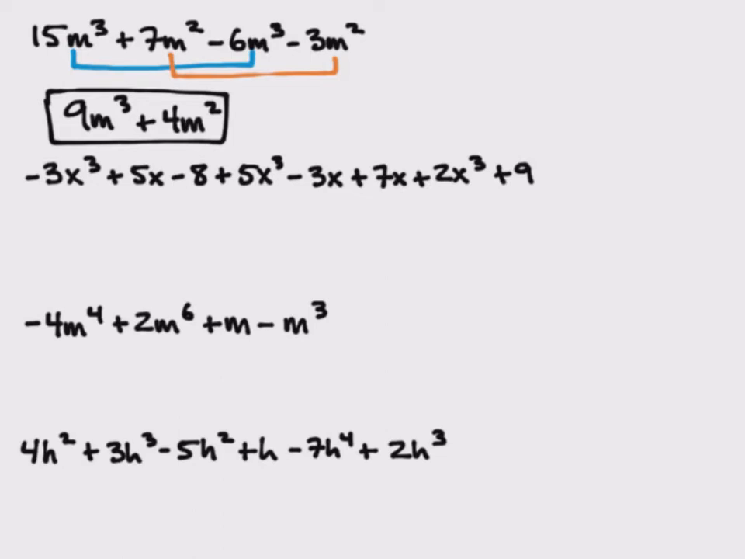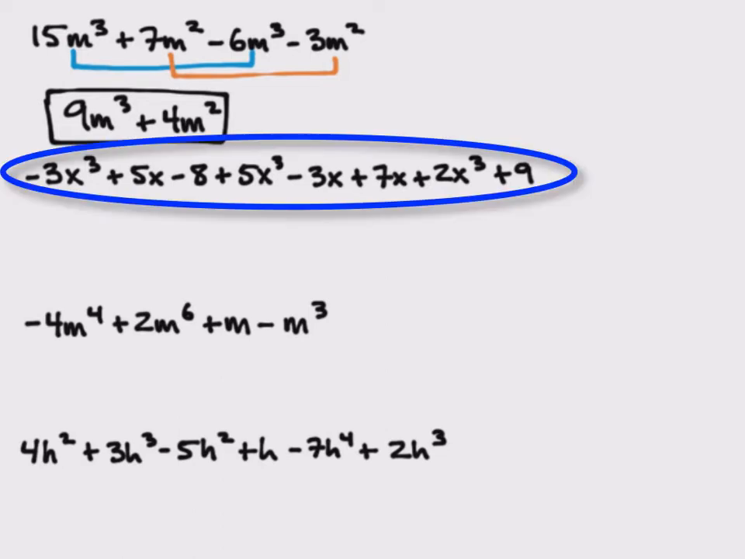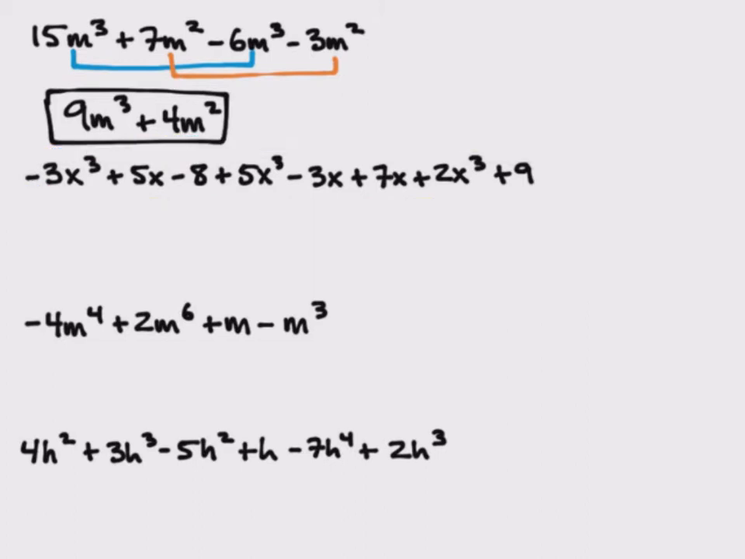All right, this second one's a doozy. We got a whole lot of stuff going on. And here's the strategy I would suggest. Since we know that we eventually want to put this into standard form, I start by finding my terms of the highest degree. So I'm looking and I see that degree 3 is going to be the highest degree of any of these terms. So I'm going to go ahead and connect all of my terms of degree 3